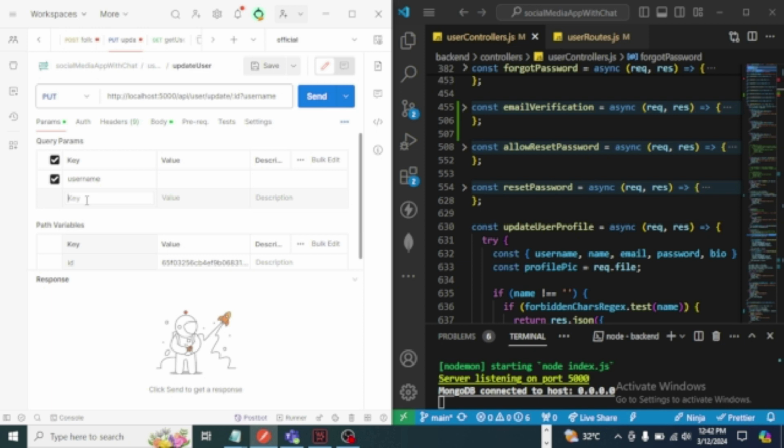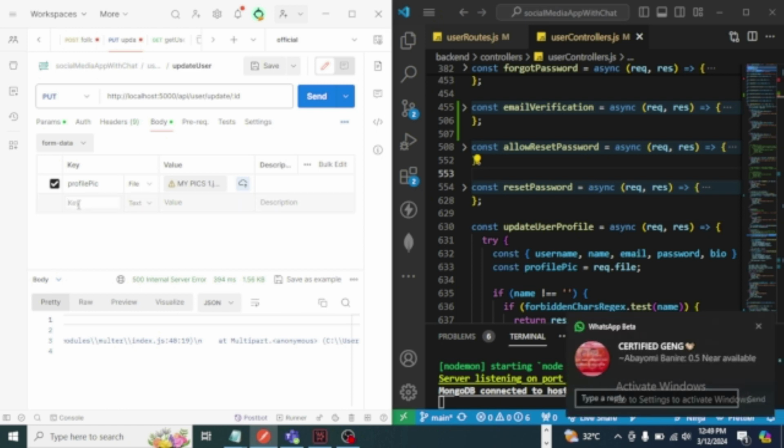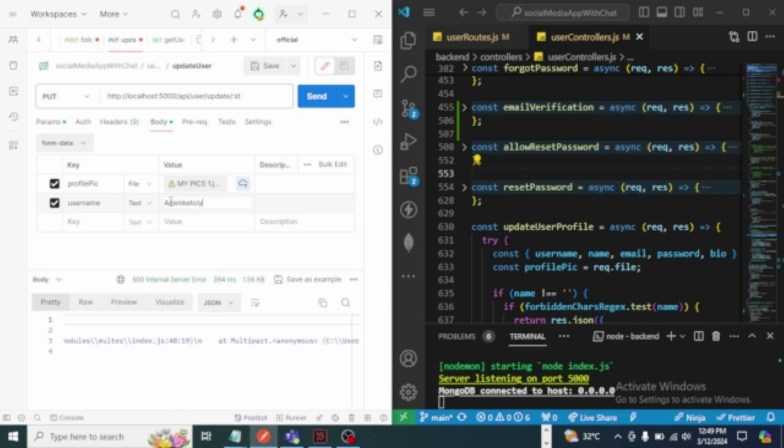So what I normally do is I will just display the email so that it's going to be sent back to the backend, but they cannot update it. Now this feed is expecting the profile picture and the username. So let's call the username Adenike Tolu updated. Let me call it like this. The name, the expecting name, which is